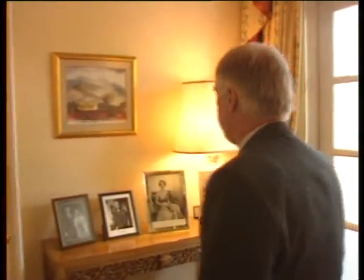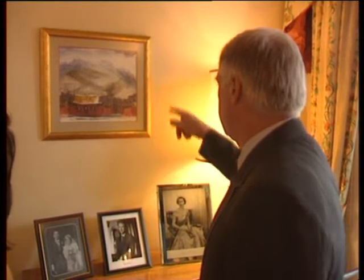This is one of my favourite little paintings. Why is that? It's by a very good Hong Kong painter, an English painter called Rosamund Brown, married to an American architect. They've lived here for years and years. They're real Hong Kongers. She mostly paints much bigger oils and acrylics, but this is a marvellous little watercolour of the Fragrant Hills, the Western Hills near Peking, as you know, and I just think it's a very nice little